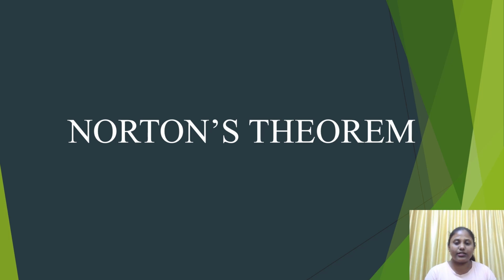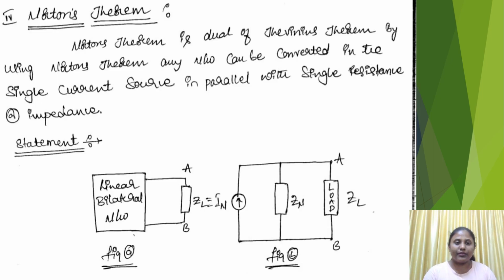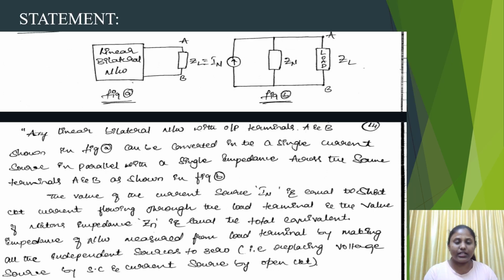Topic is Norton's Theorem. Norton's theorem states that it is the dual of Thevenin's theorem. By using Norton's theorem, any network can be converted into a single current source in parallel with a single resistance or impedance. Statement: any linear bilateral network with output terminals A and B shown in figure A can be converted into